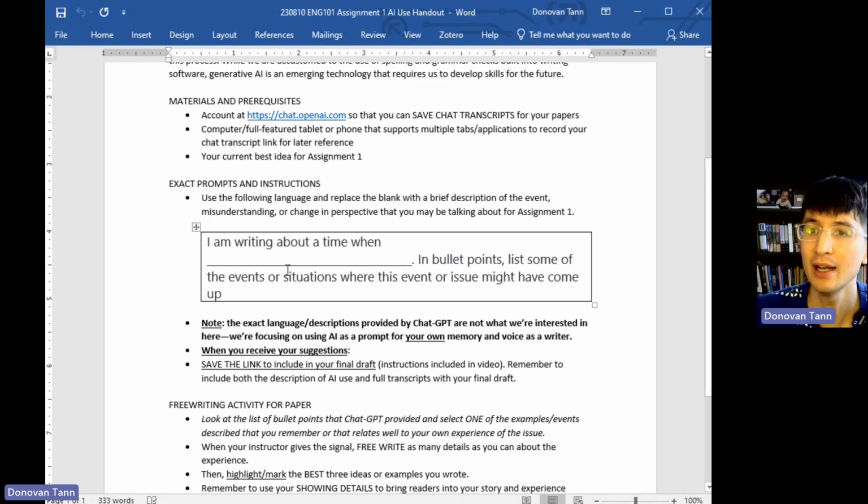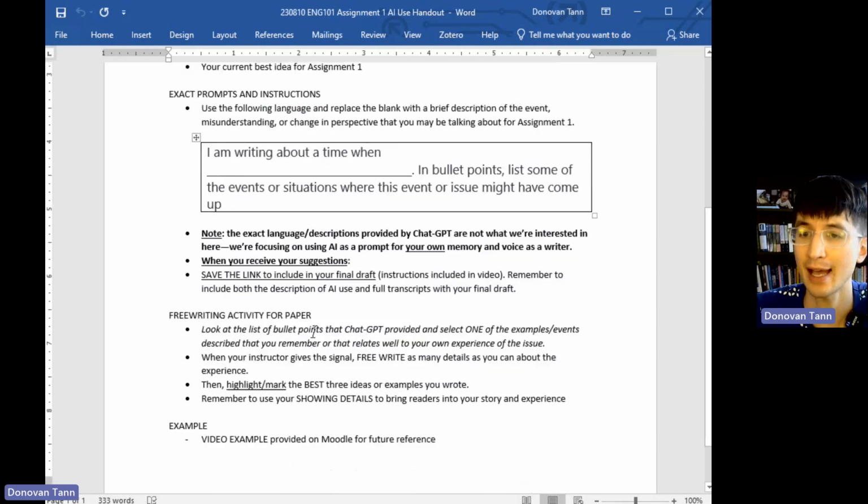And so you'll see here, this is an assignment for a personal narrative. It's asking students to think about a specific moment when they had a cultural interaction, a time when they may have misunderstood or may have been misunderstood. So this is a brainstorming exercise designed to generate situations that the student would then respond to in their own. You'll see information about instructions, how to use that, and you'll notice again information about reminders to save that link. So what does that look like?